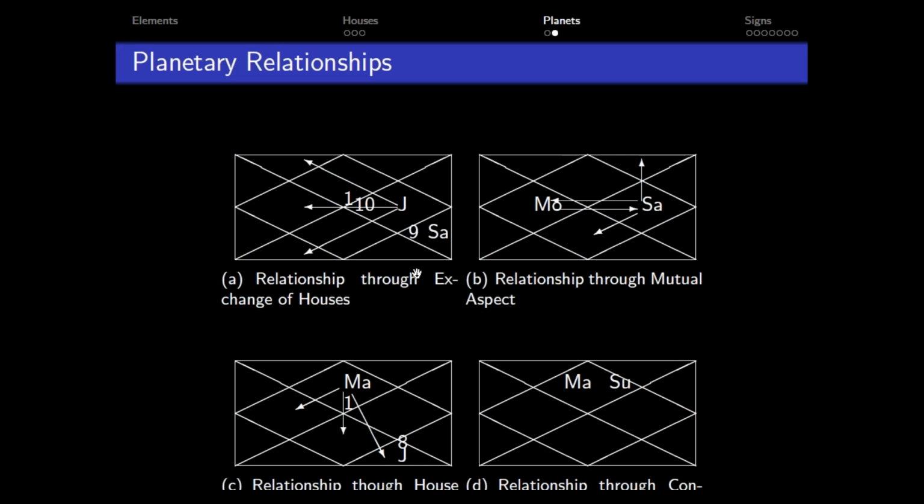There are two enemies, and somehow these two enemies decide to live in the house of each other. Now, what will happen is that these two enemies will have internal fear. If I try to spoil the house of my enemy,